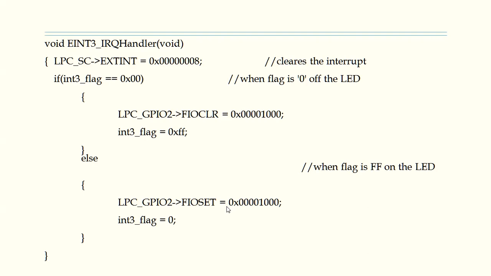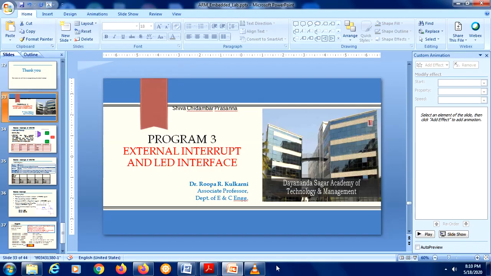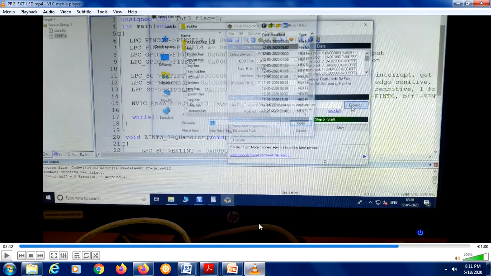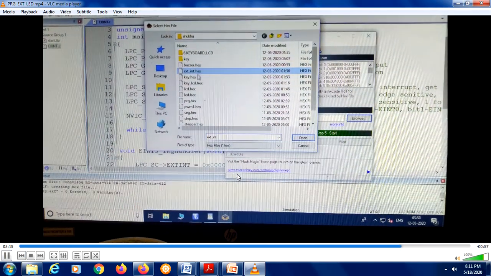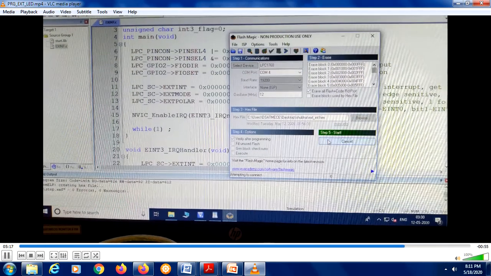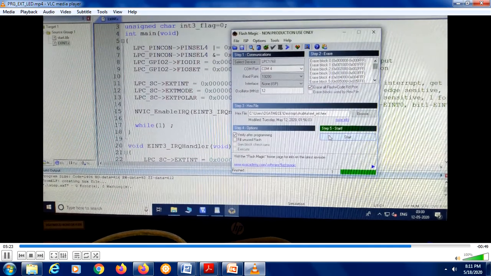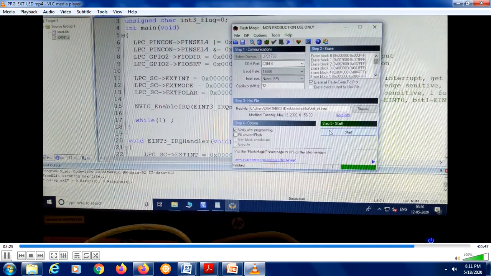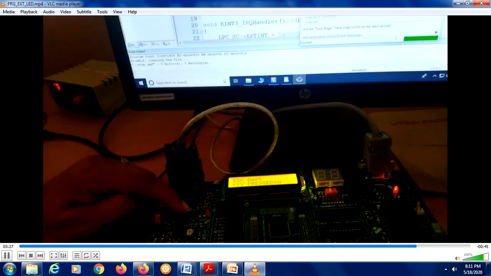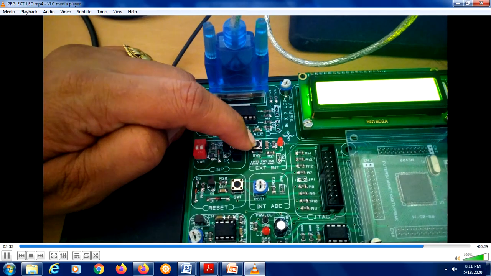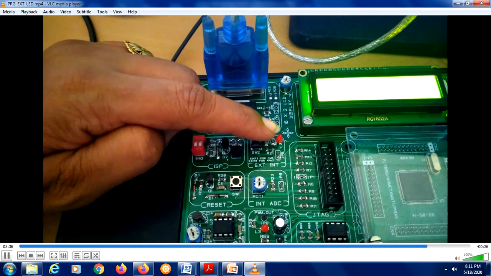Hope you have understood this program, and then let us see how it's being downloaded on the hardware, that is LPC1768, and we will observe the output. Browse the external interrupt. The X file is created. So where is the external interrupt that we are talking about? It is this one. This is the external switch. As you can see, external interrupt. So we have the switch as well as the LED corresponding to the external interrupt